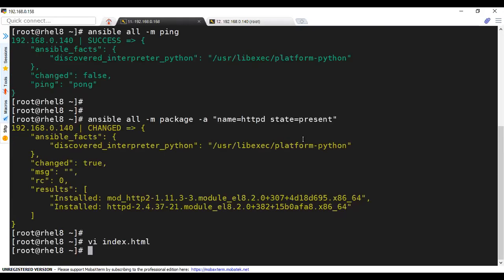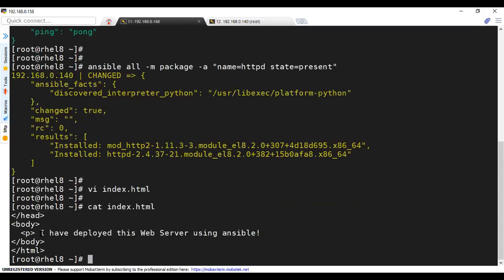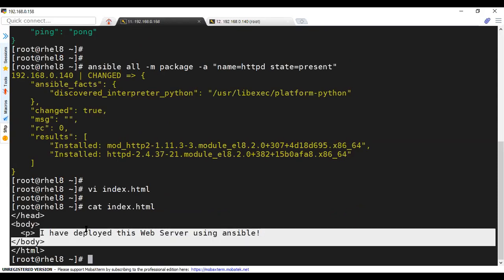Let me save this file. Now I'm opening this file using cat. This is my page content: I've deployed this web server using Ansible.